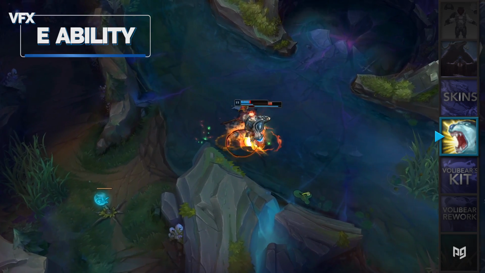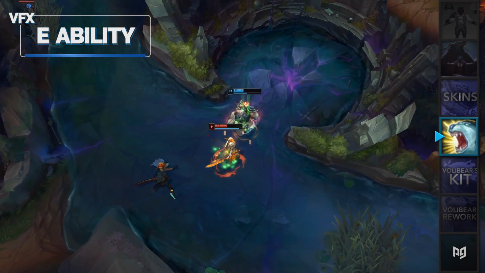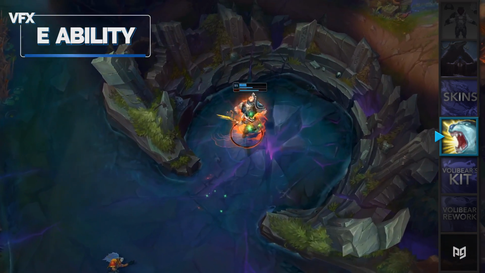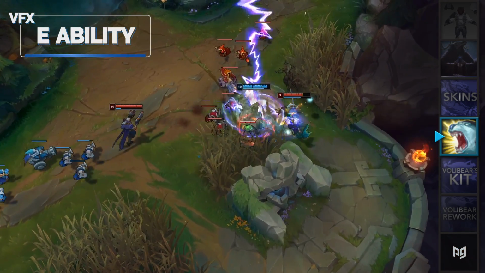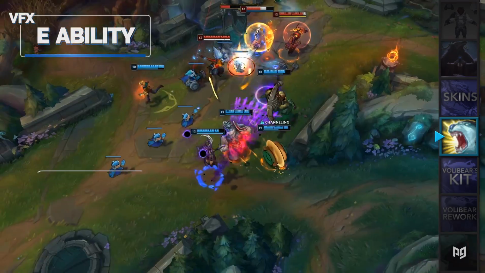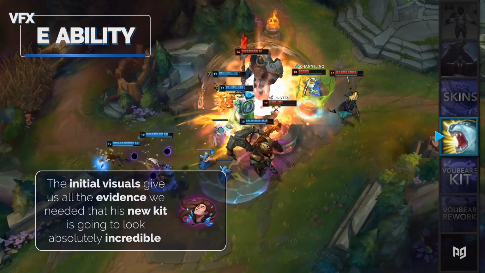If that's what Volibear's E looks like, I can't wait to see what his ultimate is going to be. It feels like League has always lacked a true lightning champion. Kennen is cute, but he's mostly an energized rodent, and Volibear is really setting out to be that guy. It remains to be seen how exactly the lightning particle will be applied, since Volibear always had chain lightning in his kit, but the initial visuals give us all the evidence we needed that his kit is going to look